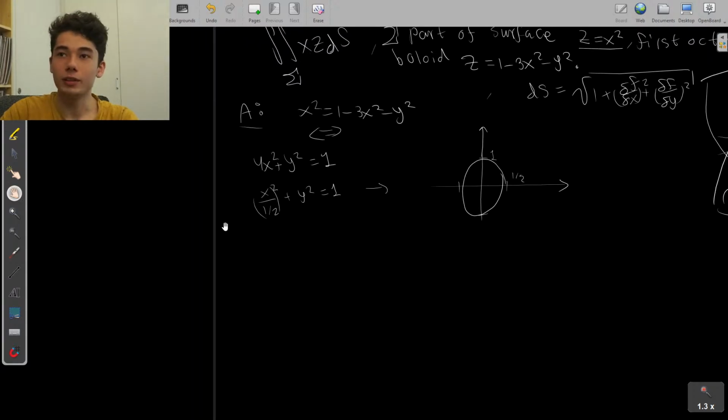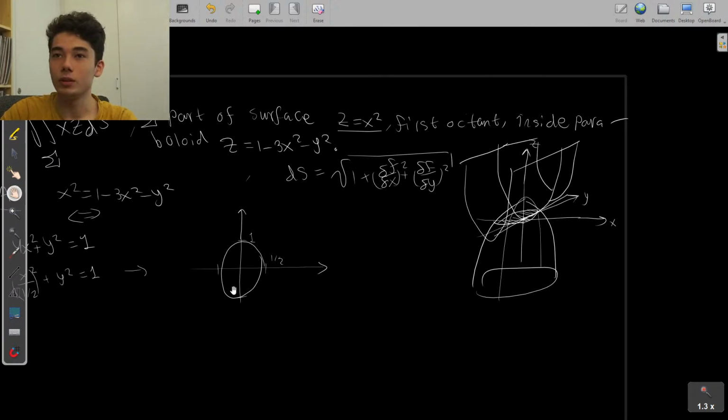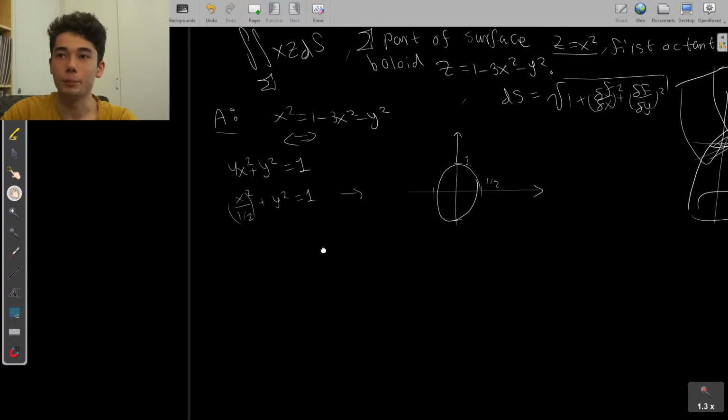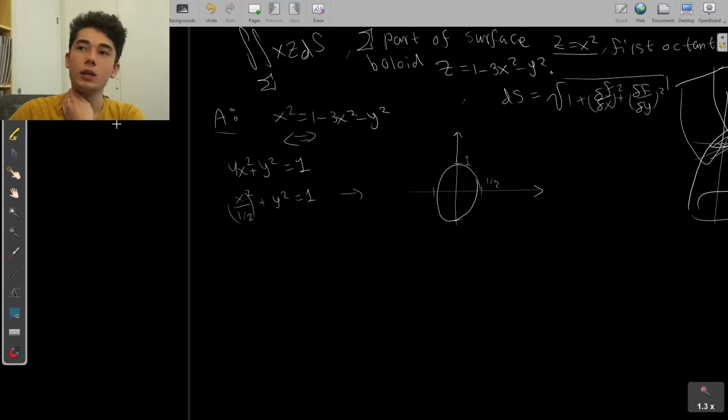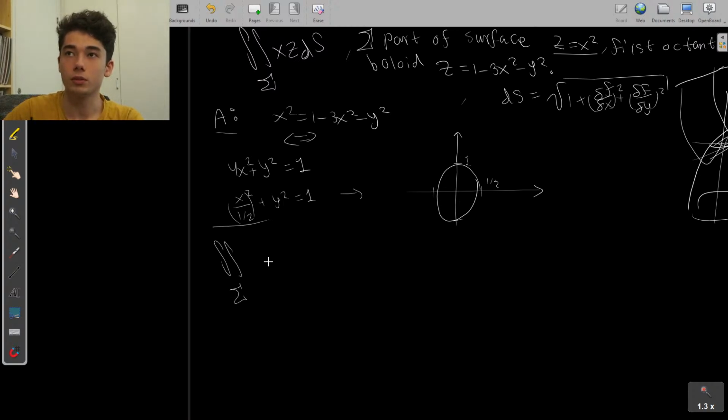All right, but we have our ellipse, and this is where we need to integrate over. Right. So now I think we can just, yeah. So now we can simplify our surface integral into being